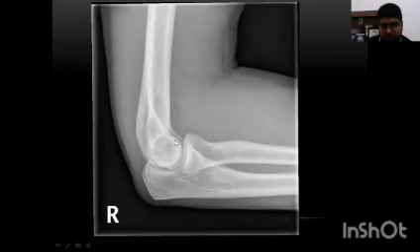If the joint space is clearly visible and both the epicondyles are superimposed on each other, then we can say that the positioning of the lateral view is perfect, and the exposure factors are also perfect because you can differentiate bones from the soft tissues clearly, and the bones are also clearly visible.